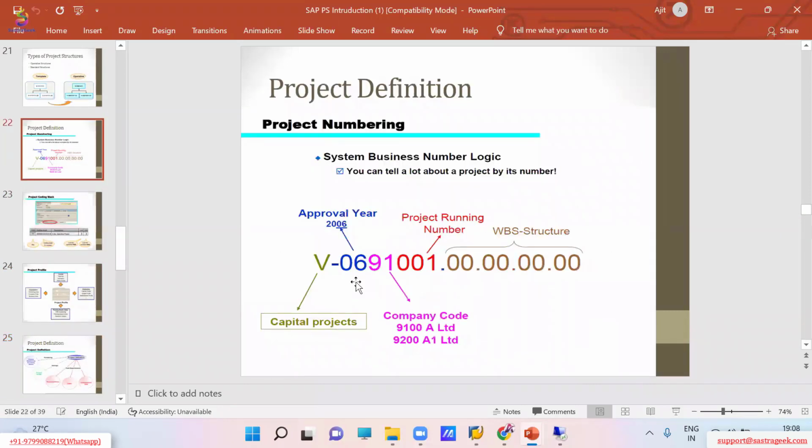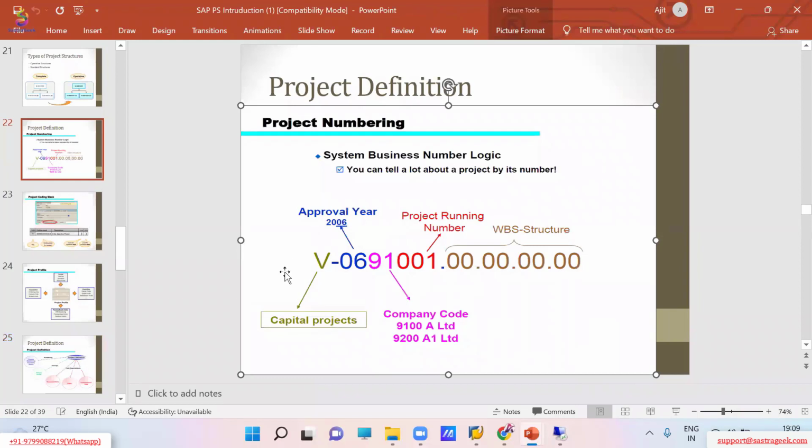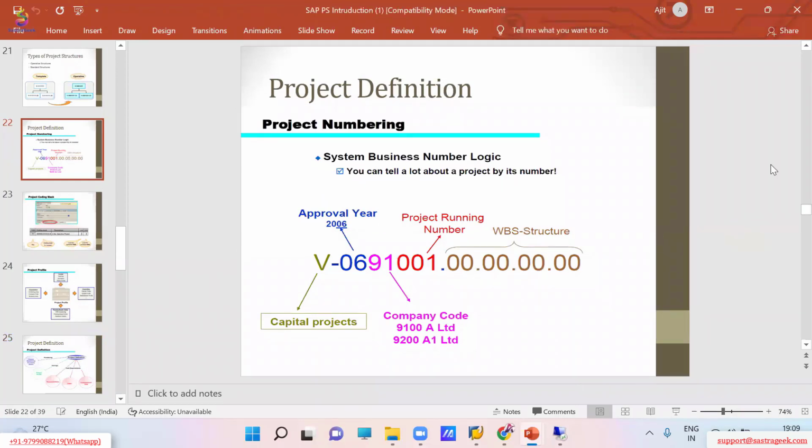So this example I already explained to you last time. How does the business want to define their project numbering? How does the business want to recognize their projects? Here they have given one example: capital projects. For capital projects, they are using V as a character. With reference to the V character, they are going to create the project in the SAP system. Next, V hyphen 06. Hyphen is nothing but a special character which we are using in the SAP system to define the project coding mask. So V is the project ID, hyphen is the special character, 06